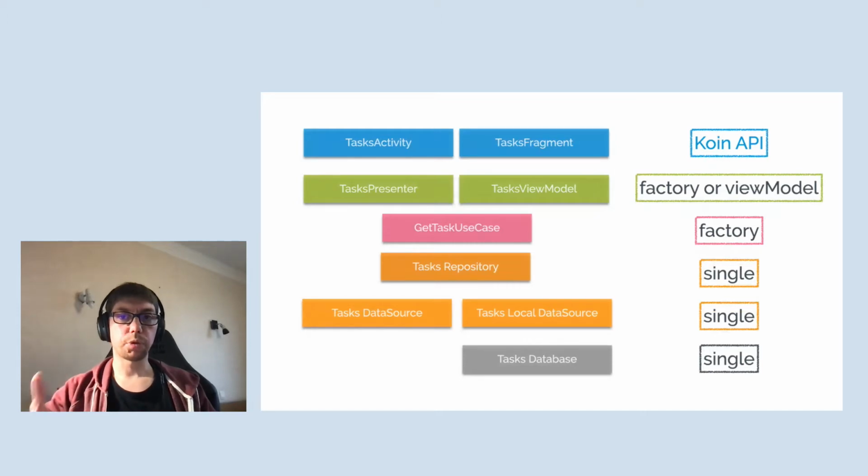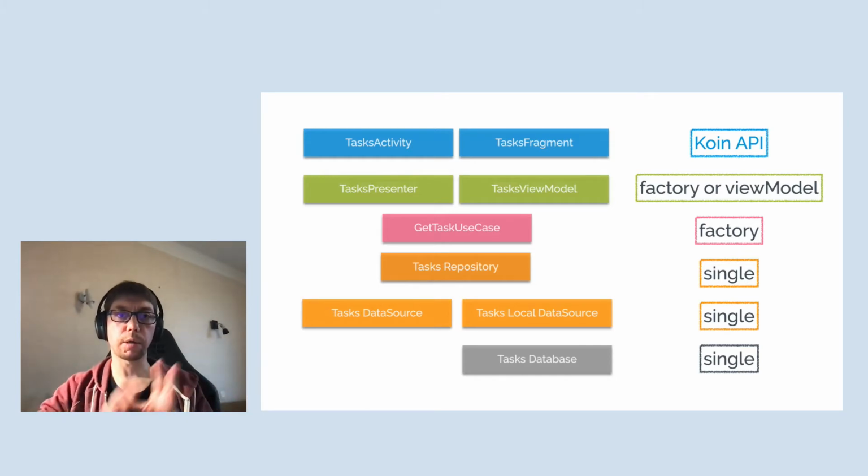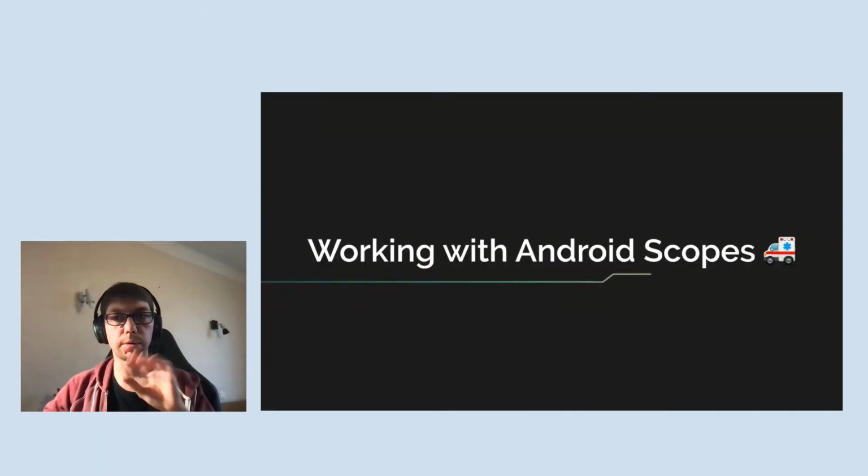And if we introduce the use case component just behind the view model, we can introduce them as factory. The advantage of having factory instances at this level is to ensure that we won't hold any state for the duration inside Koin. And then when the view model or the presenter is dropped, your use case will be dropped also. This is the big picture of how we can declare things in Koin and how things are working. Let's go a bit deeper with the Android scopes